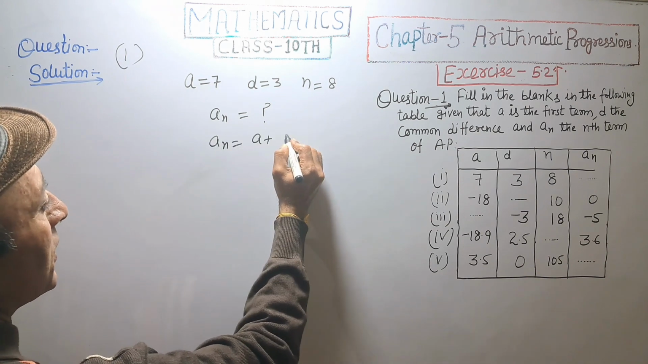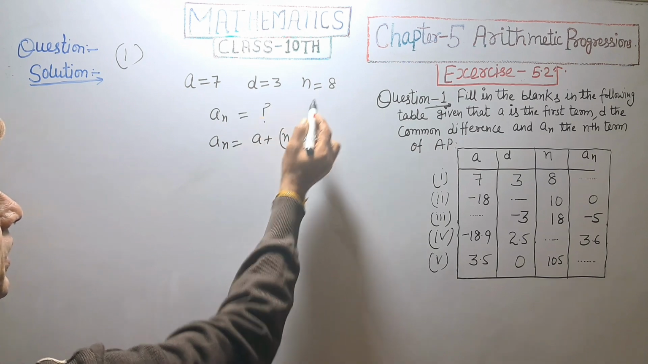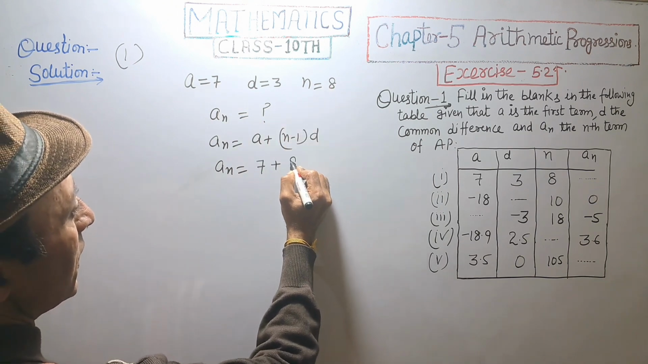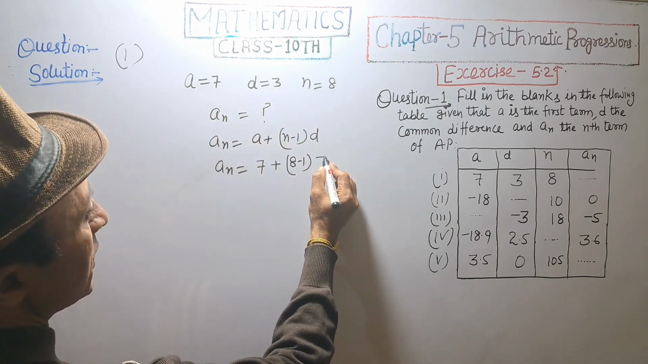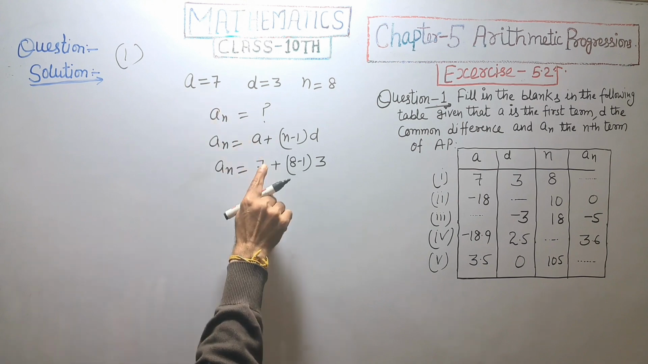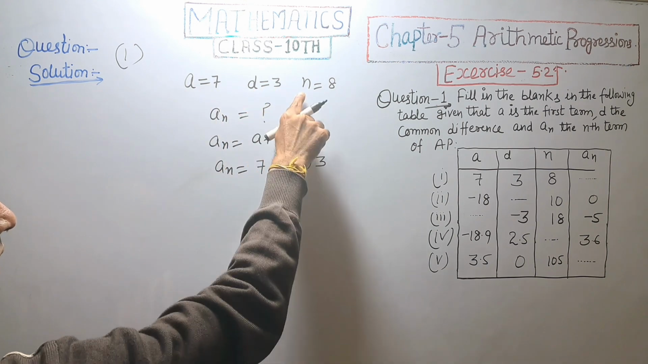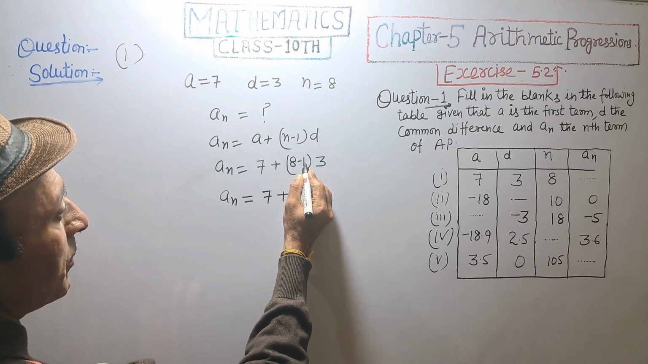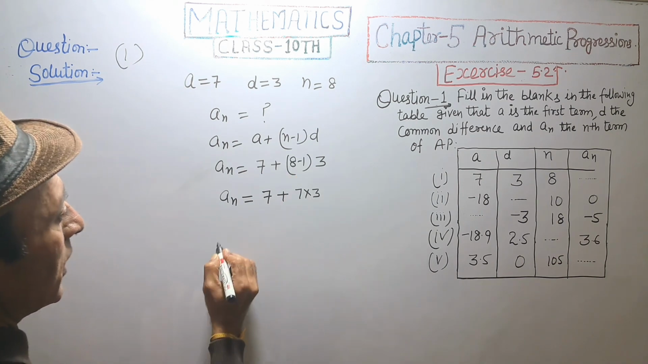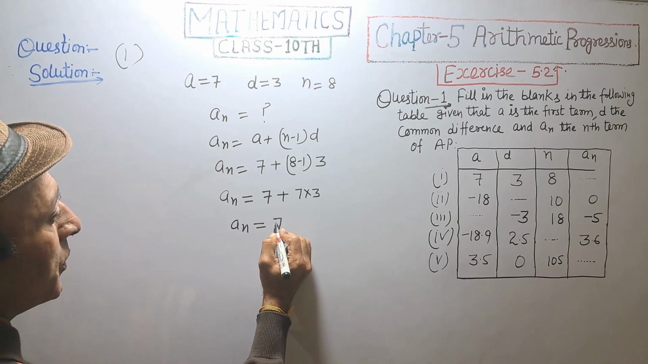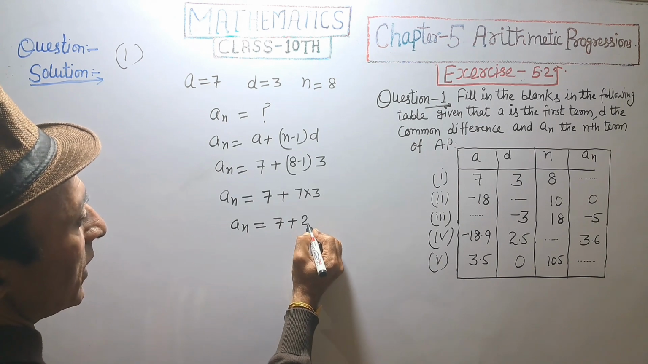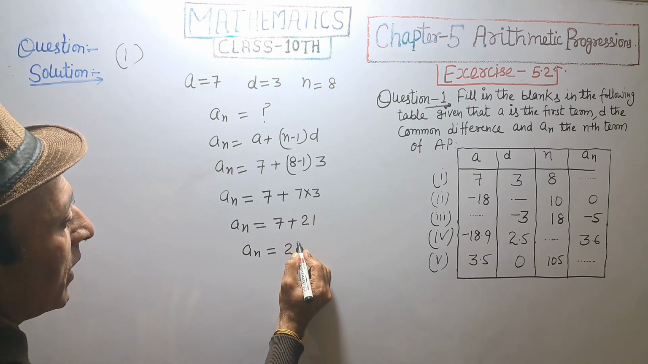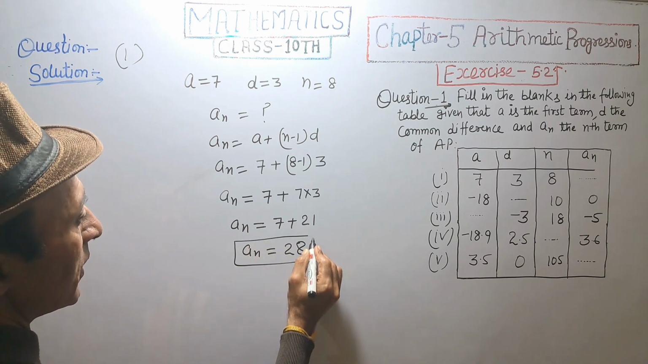an is equal to a plus n minus 1 into d। an is equal to a given 7 plus n 8 minus 1 into d is 3। a 7, d 3 and n is equal to 8। an is equal to 7 plus 8 minus 1, 7 into 3। an is equal to 7 plus 7 3s are 21। an is equal to 21 plus 7, that is equal to 28।